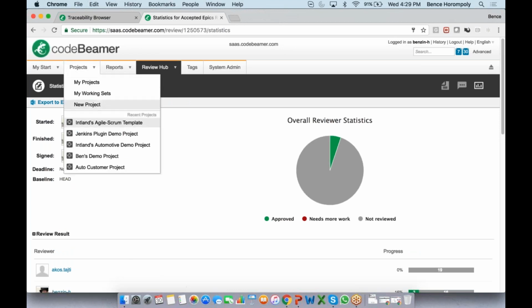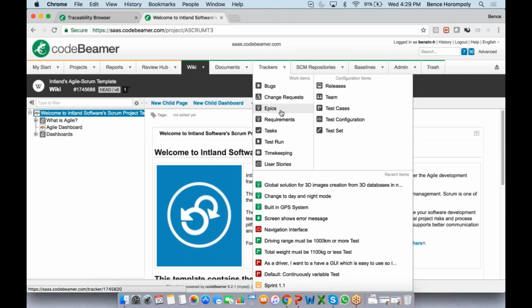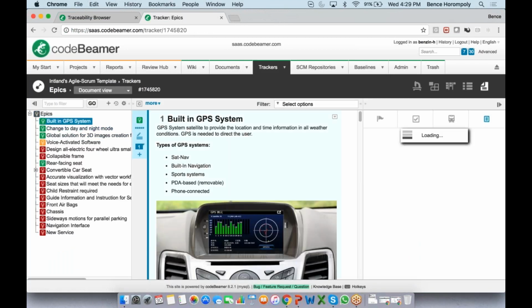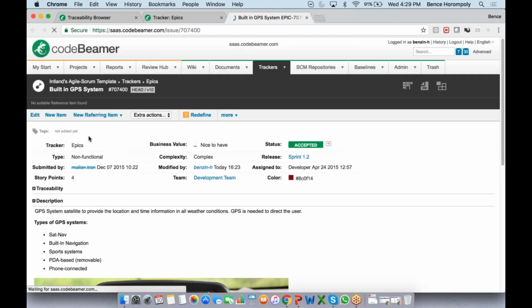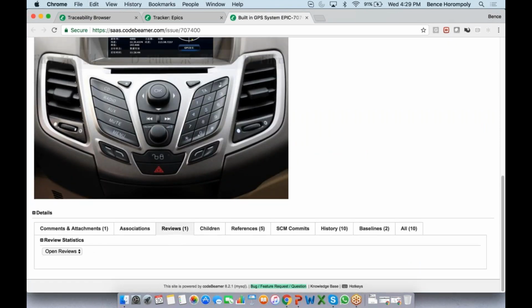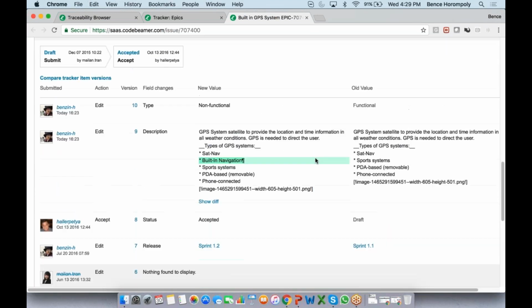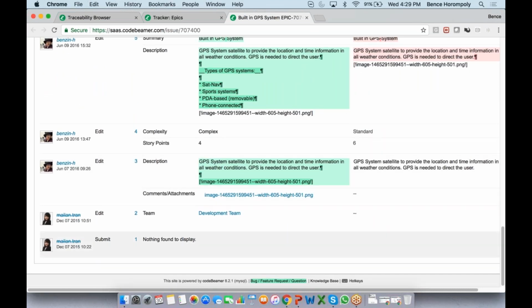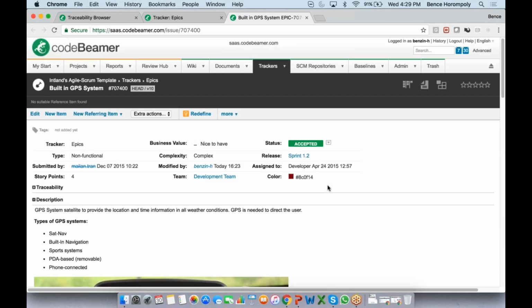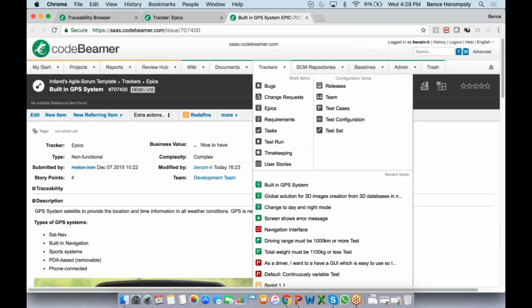So if I go back into this project and jump into the epics that I've just reviewed, I can see that if I open up the detailed view of this epic, this first one, here in the reviews, I can see under all reviews who has reviewed this in the context of a review hub review. I have reviewed this, and I can see that. And then down here, of course, everything has a history that can be seen here as well. So these are the changes that I just made during the webinar, but I can see the entire history from when it was created. So everything is logged, everything is saved.